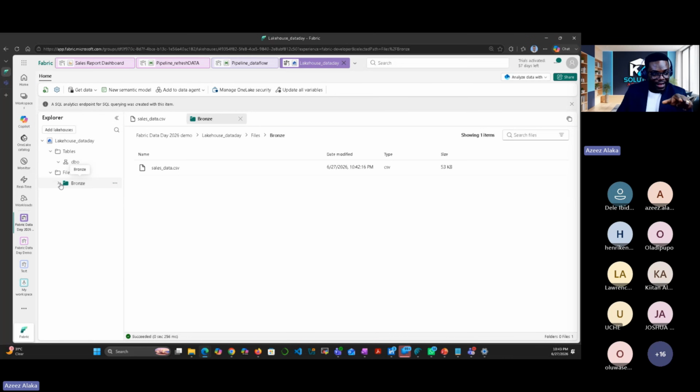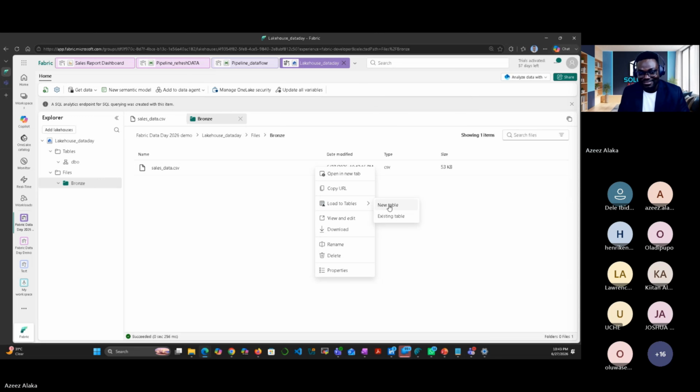This CSV file, I can easily convert it to a table here. All I need to do is just come here and click load to table. It's going to automatically convert this to a table. You see how simple, how easy it is. If you want to bring in a CSV file in Microsoft SQL, it takes a lot of time. You need to create a table, you need to create different things. But with this, just click on new table, it's going to put it there. But we don't want to go this route.